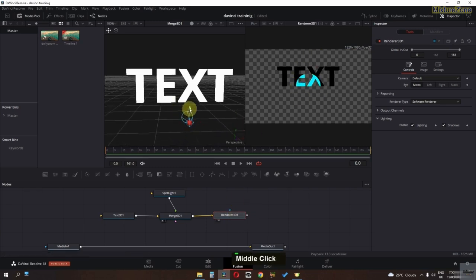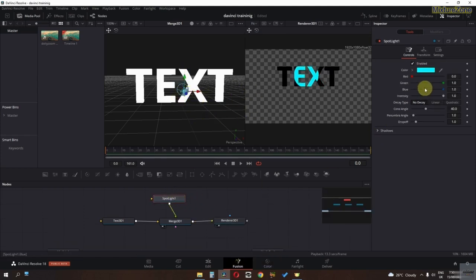So now I'm going to select this to move it above. You can select the green to move this above or below. You can select the red to move it from left to right, and now you can select the blue to move it far from or near to your text. So now select the spotlight and I'm going to increase the size of the cone and I'm going to increase this angle as well,